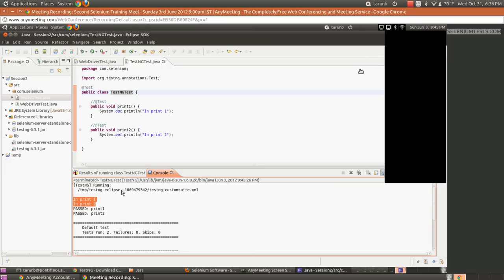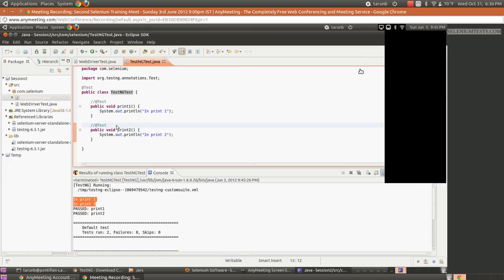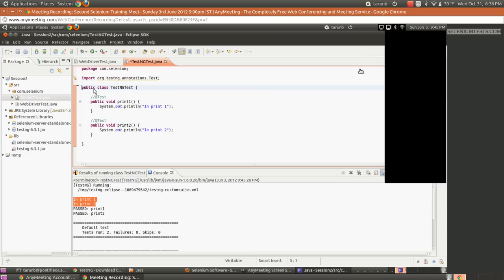Yeah, it depends, Tulsi. If you have a test method, you will mark it as test, otherwise not. So this is one annotation which we are going to use very often. Another annotation which we would use very often at this point is the before annotation. So let me show you that also.